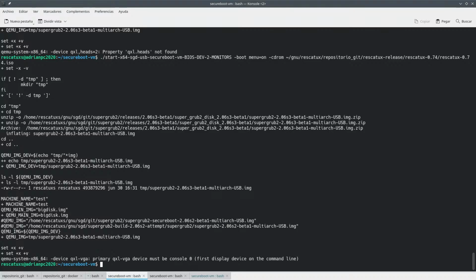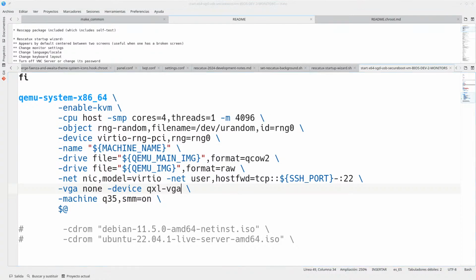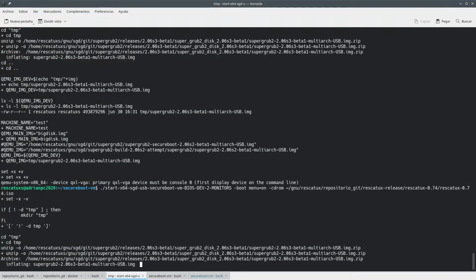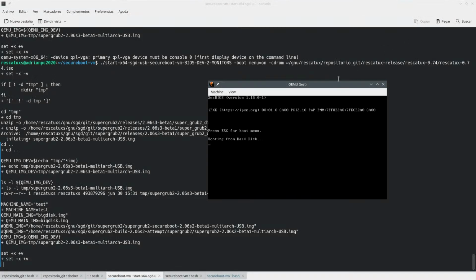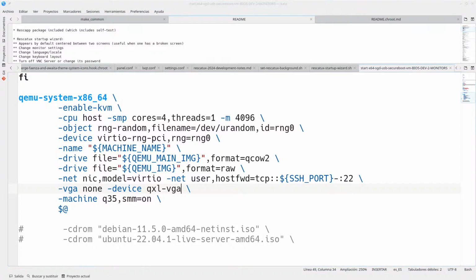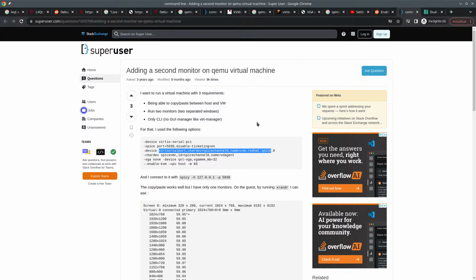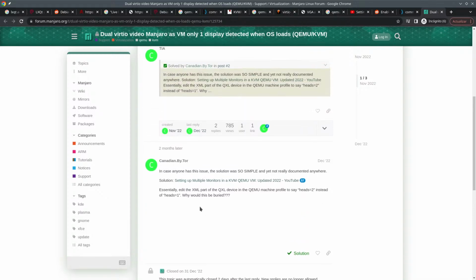Device QXL virtio must be console 0. First display device on the console. This is not a bit. So I guess. Okay, let me see if this is. Okay, this seems to work, but this is not what we want to do, because we actually want two different heads. Okay. So apparently here there's this heads one in